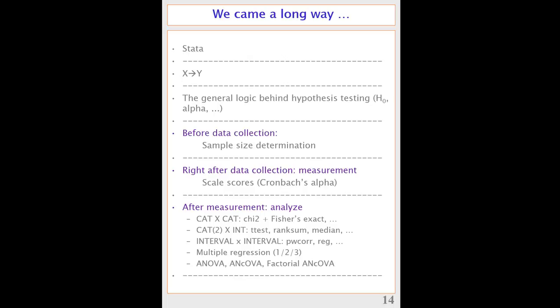One thing that I mentioned once or twice to the people who were here to practice their material: what you can do for yourself, if it helps you, is try to come up with a sort of decision tree about what to do. For a t-test that's relatively easy. Binary variable on the one hand, interval scale variable on the other. What do we do? We test normality. Normality okay, we run our t-test with unequal variances assumed. Not okay, we try to make it normal. Does that work? Okay, now we can do the t-test. Doesn't work, okay, we do rank sum.